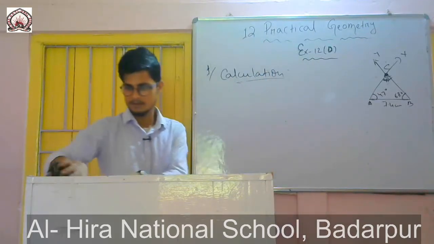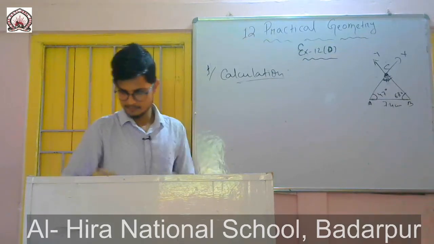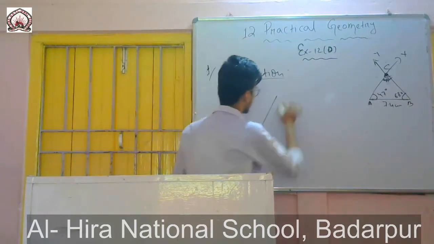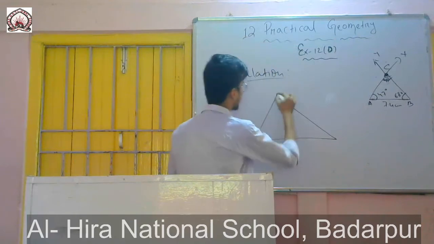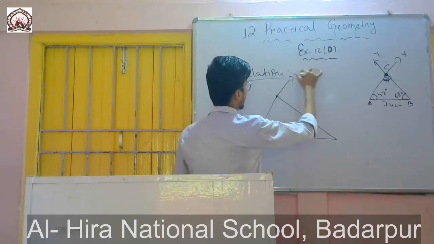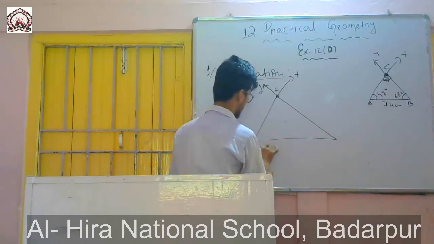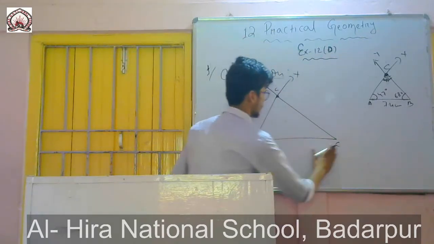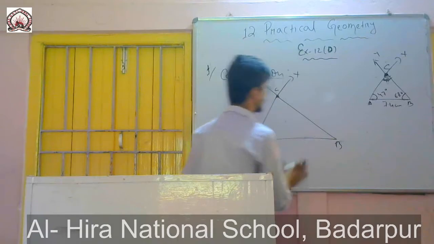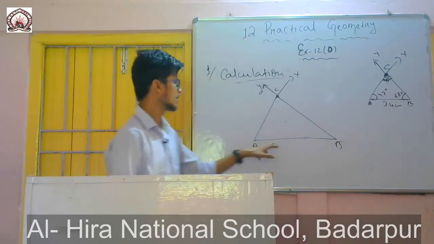For example, this is my triangle. After drawing the triangle, I got it like this. It was x, it was y. Just think, I have drawn this one, ABC. Okay. So the question is given like this, to draw a perpendicular bisector of side AB.